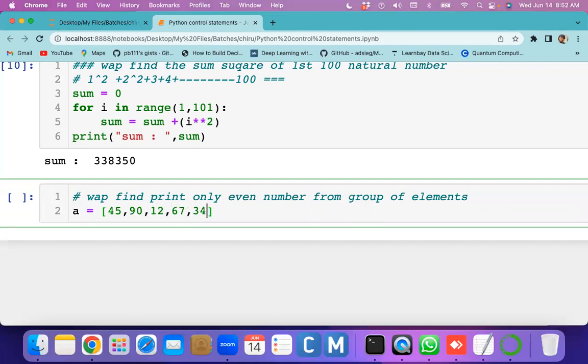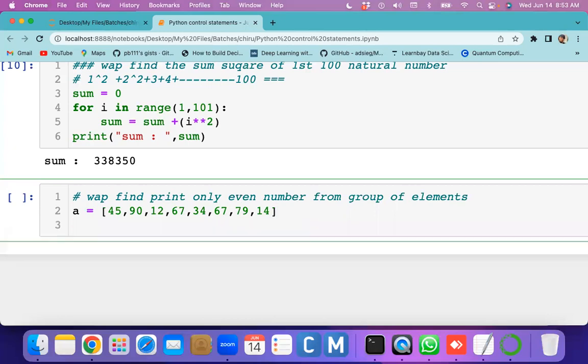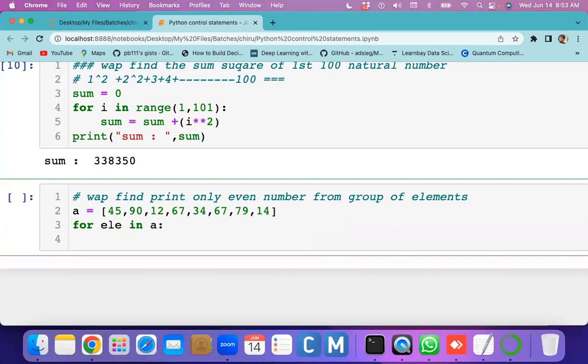So simply we can use the for loop, and you can access every element from this group. My group name is A, so I'm giving A over here.